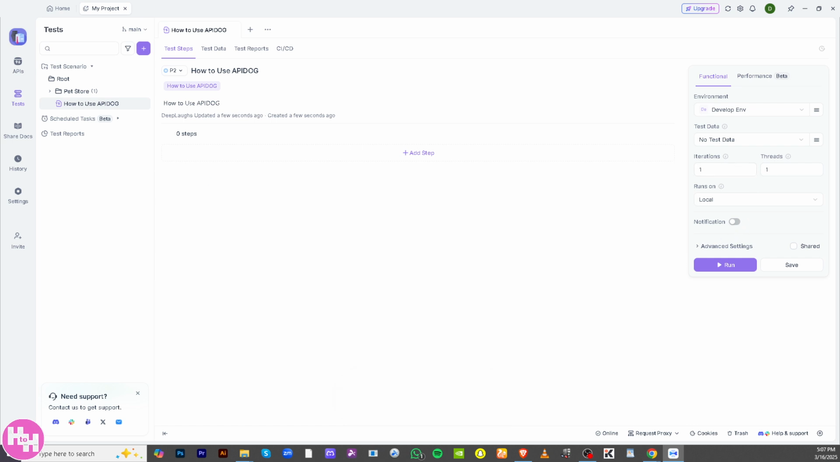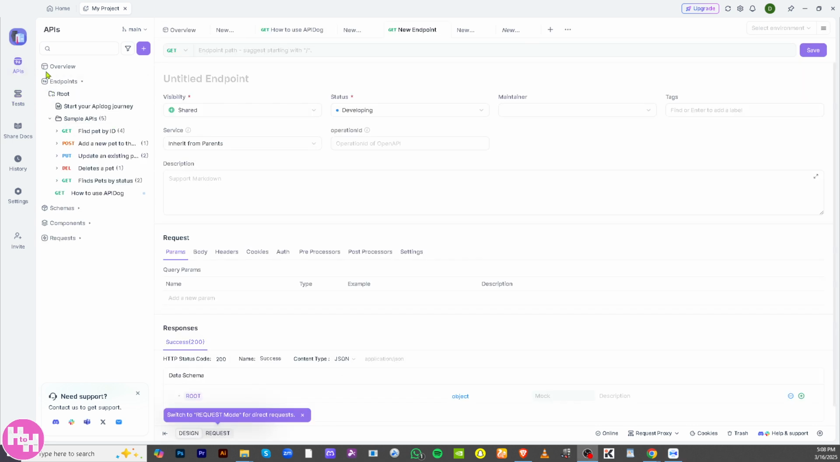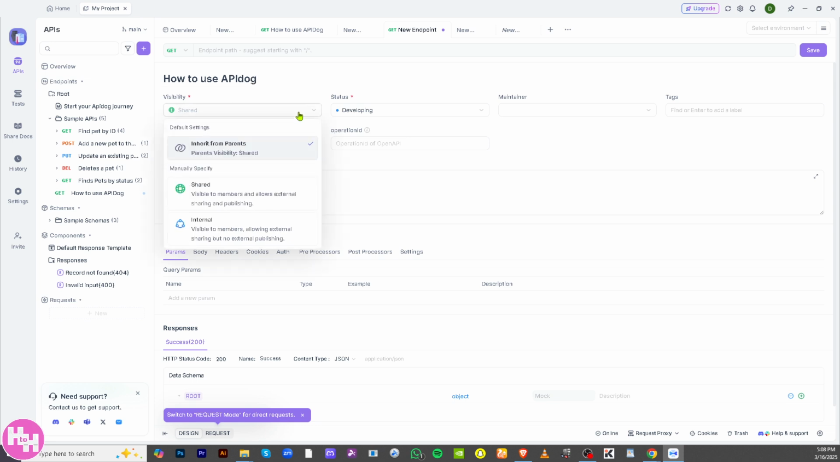We need to add a new step. And then when you hover to the APIs, you have the endpoints, start your API Dog journey, and a lot more components, requests right here. So basically the endpoint that we have is, you can share this visibly or from internal. For now,